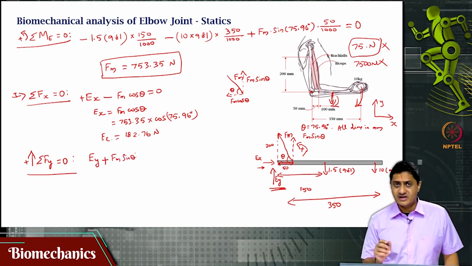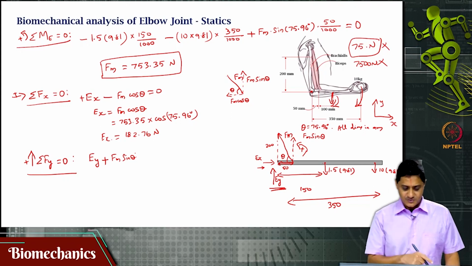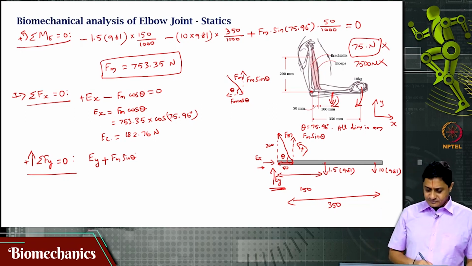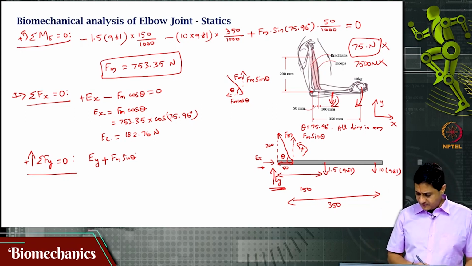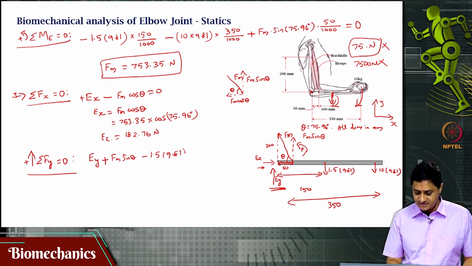We already resolved Fm to act along the positive y axis, and the components of Fm is along the positive y axis and the negative x axis, which is why the y component will have plus Fm sin theta, then minus 1.5 kg is acting at a distance of 150 mm, but that distance does not matter to me now, because I am only solving